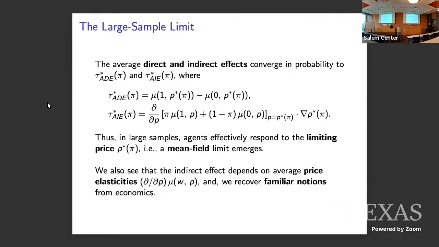So again, this has a mean field type interpretation. You're playing against people's average behavior, not against any specific person's behavior. And this is kind of reassuring. You recover price elasticities. Of course, any economist working on this problem will explain it to you in terms of price elasticity. So that's kind of reassuring. Any questions at this point? If you talk to an economist, they might just write this down to start. They wouldn't write the calculation.